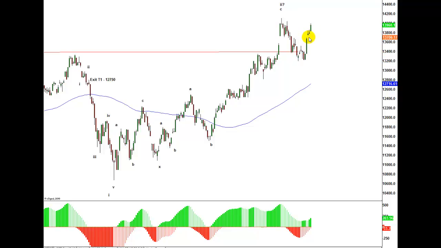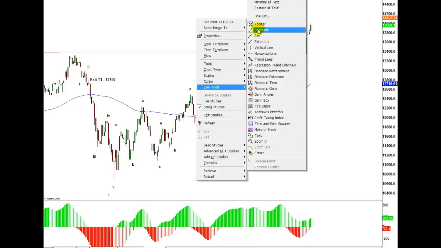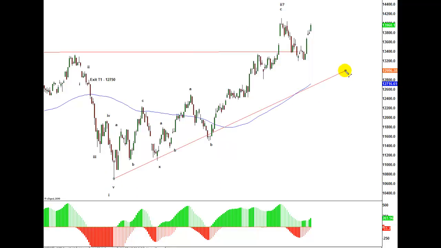preferably under this gap, because gaps are notorious for being closed. So if there is any downside action, that gap in here would be closed out over the next few days, and then the rally would proceed. But really, any stops should sit under the longer term trend line, which we can draw. Actually, I say longer term, but here's a short term trend line. Any stop should sit under here,